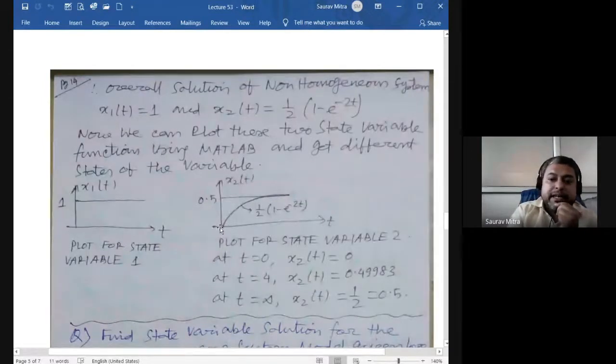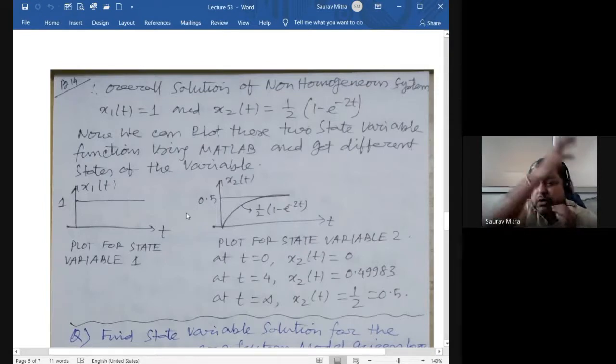So that's why you will be finding that this response, that is the second state variable response, differs. The first state variable response is irrespective of time. Up to t is equal to infinity, you will be finding that x1(t) is equal to 1. Okay, so this is actually what's happening. With all these calculations, you are finding that the first state variable is becoming a constant. It's a u(t) only. So whatever is the input given, that is actually appearing as x1(t).